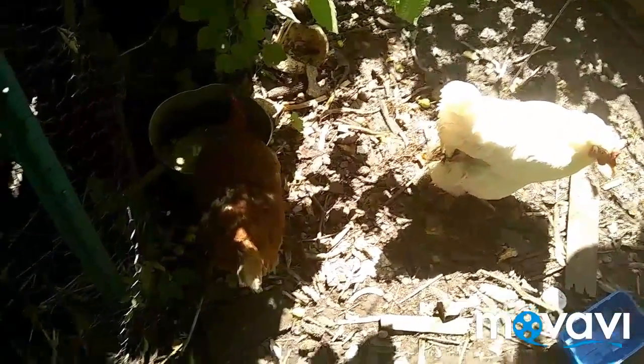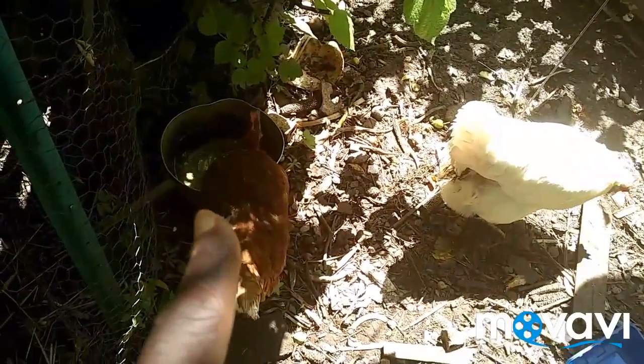Here's my naughty chicken. This brown one, she is the worst. She's always looking for